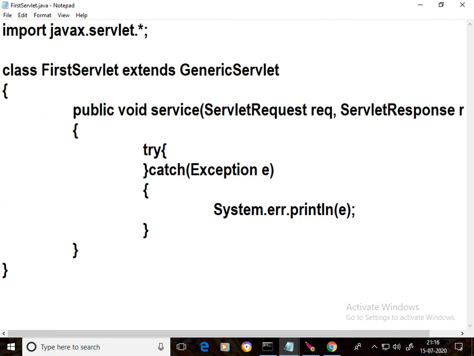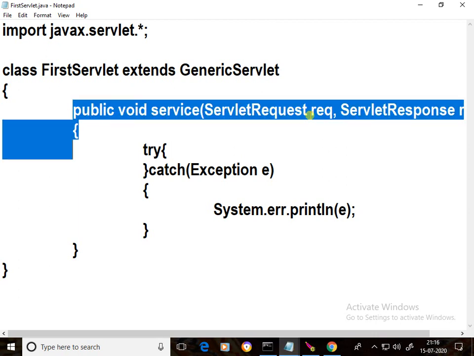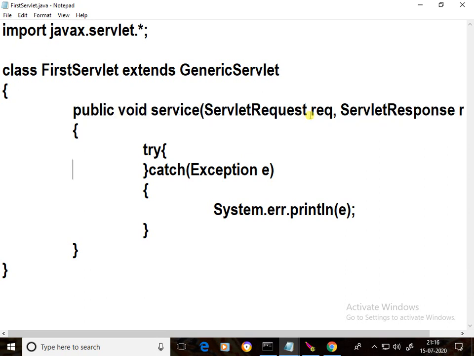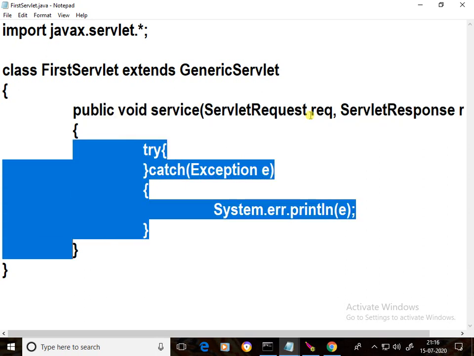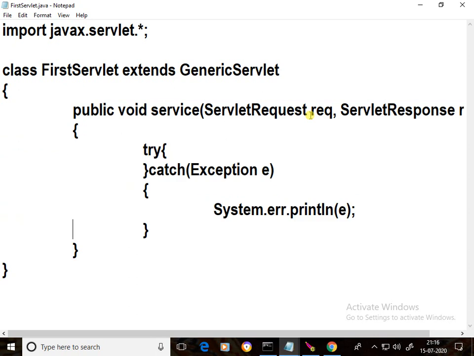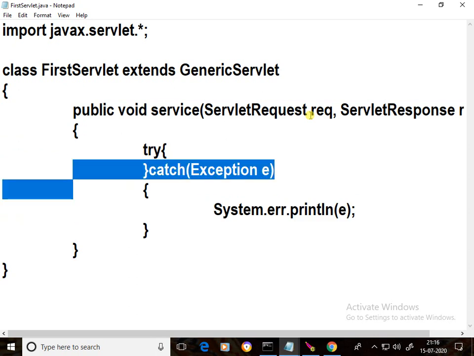Now this method is mandatory to override, but other methods are optional. If required, you can override; if not required, no need to override. Here the service method throws two exceptions, so the try catch block handles them. This catch block will handle all exceptions.